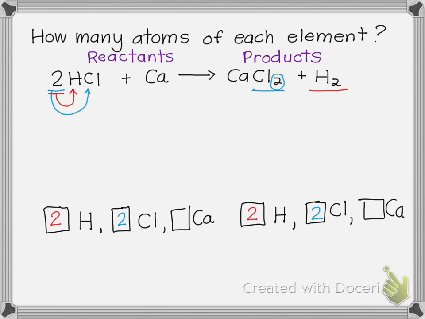And then finally, the last element in this chemical equation is calcium. And so on this side, there's 1 calcium. And then on the product side, there's also 1. Even though there's a 2 next to the chlorine, since there's not a parentheses, that 2 only goes to chlorine and not to the calcium. So this particular equation is balanced